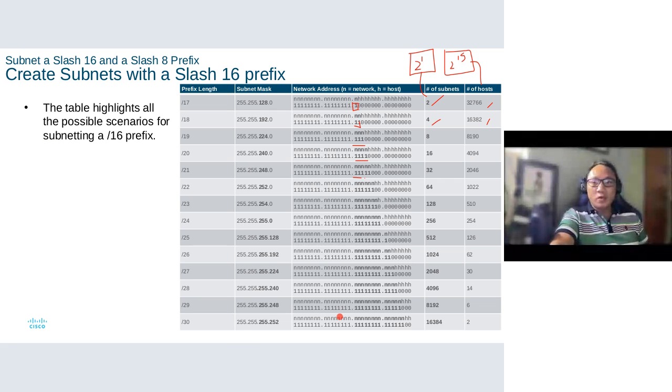So babalikan mo lang tong table na to. So alin dito ang kasya ang 100 subnets? So hindi pwede ang /22 kasi 64 subnets lang 'yan. Hindi rin pwede ang /24 kasi sobrang dami ng subnet, no? Na pwede mo ma-create 256, sobra-sobra 'yan. So ang eksakto doon sa given problem is ito,